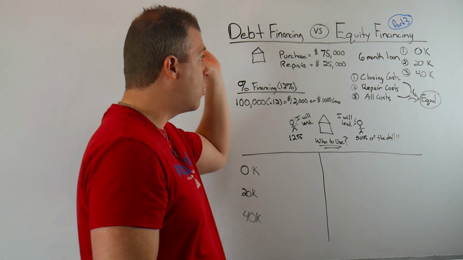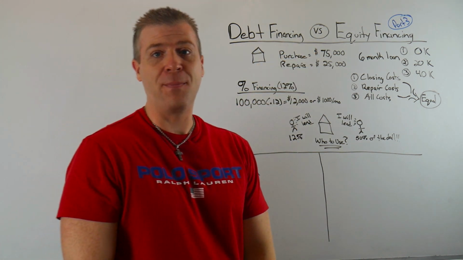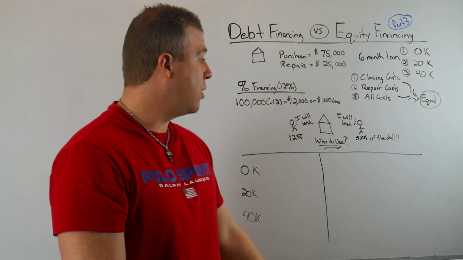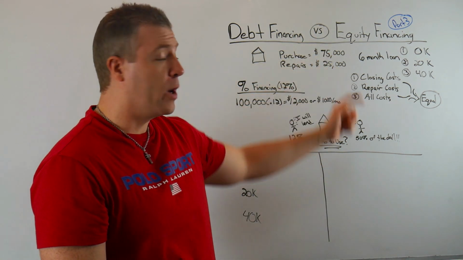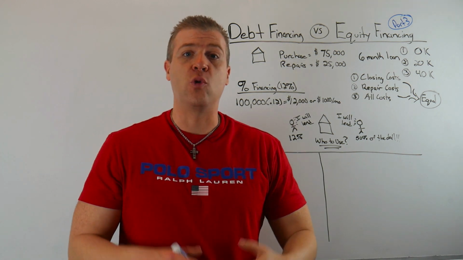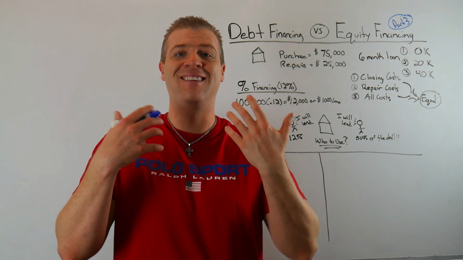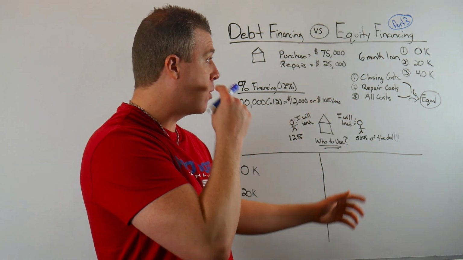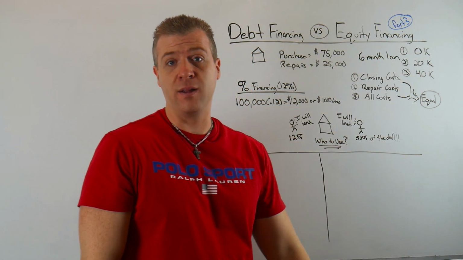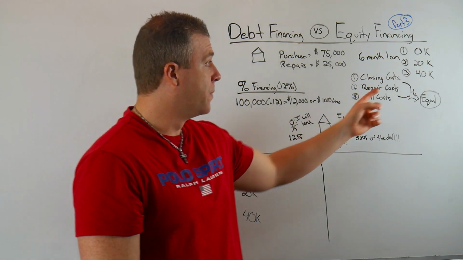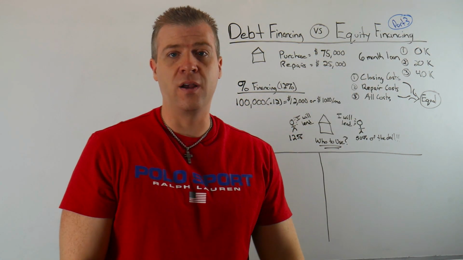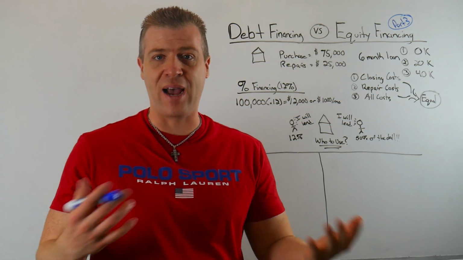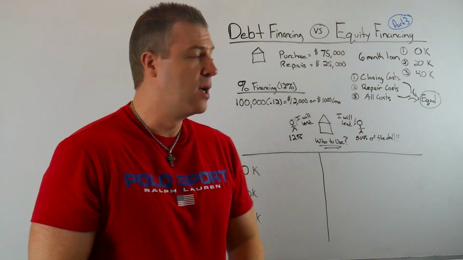Now, what we're going to be looking at is a debt-based lender or an equity-based lender. So what's the difference? We're going to use the same house, where you can buy it for $75,000, put $25,000 in repair, and then sell the house. Imagine we have 3 different scenarios. We're going to run one where we make 0 money in 6 months, come back in time, do it again, 20K in 6 months, run it back in time, do it again, 40K in profits, and let's see what happens with both different types of lenders, because this is where it gets